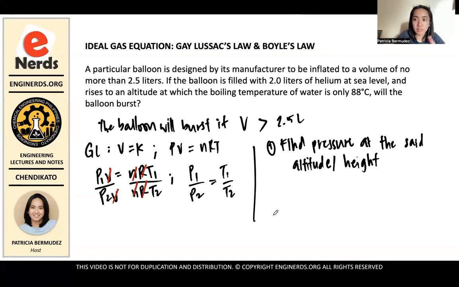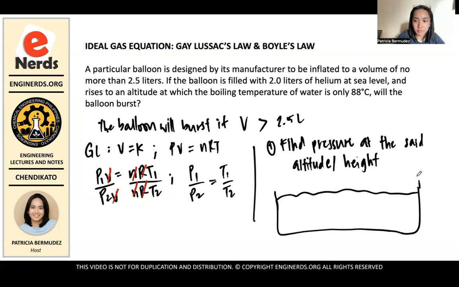For example, the simplest here is, for example, this is the sea. When you go down, as you dive into the sea, you feel like something is squeezing you, right? I don't know. Personally, I feel that way. That is because pressure is equal to force over area. And we can calculate force using the weight on top of the reference point that we are measuring at. So we can say that force is weight over area.